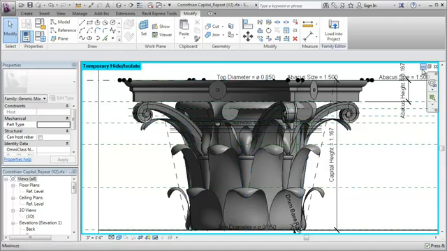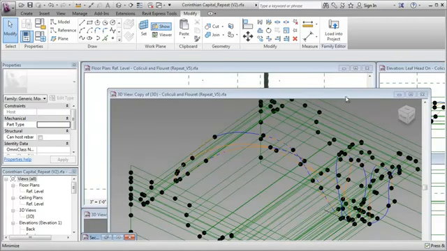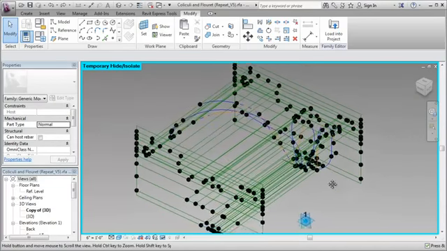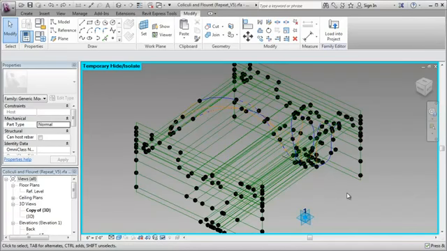So what I'm going to do is minimize this and take you over here to what I like to affectionately call a sea of reference lines. So if I take this and zoom out just a touch, one of the challenges of working with repeaters in the massing environment, at least that I've discovered, is orientation becomes challenging. We don't really get too much control over the orientation of the repeater element, so I end up having to build this thing at a strange orientation to begin with, and I guess I can just show you that here